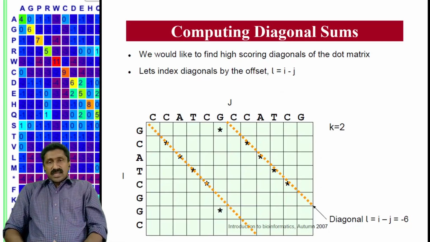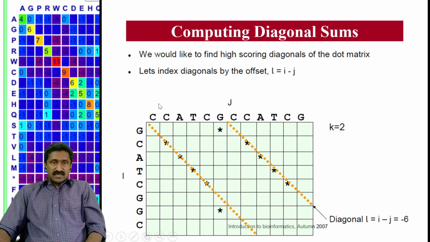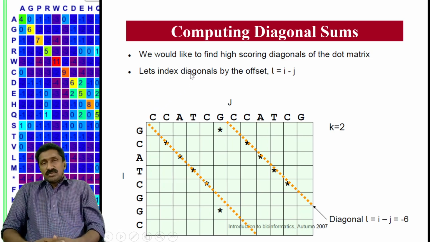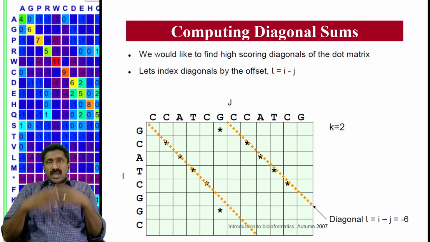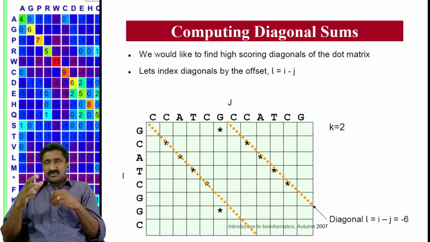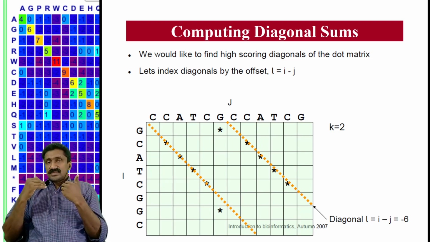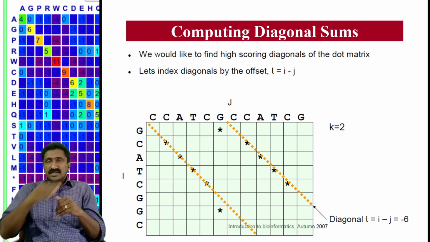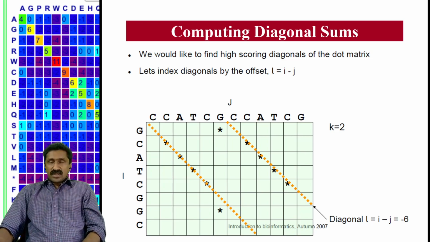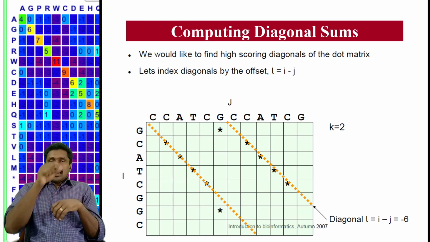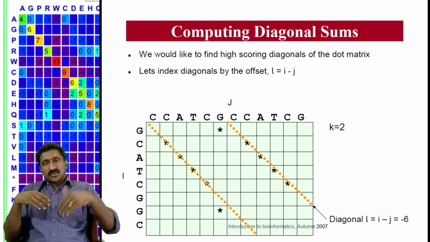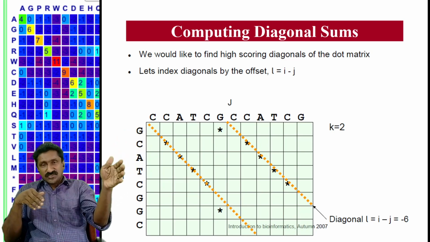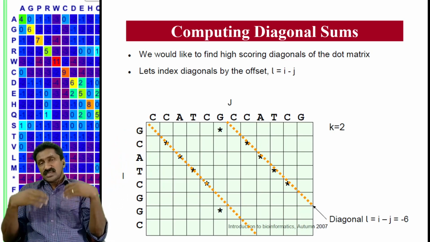So for computing the diagonals, the diagonal sum needs to be computed. Diagonal sum means the initial step is to identify the 10 best diagonals in the matrix. By comparing the words, the 10 best diagonals need to be compared, and using that, the entire sequence can be aligned. So for comparing the 10 best diagonals, for example, if the length of the diagonal is maybe 10 or 15, then that means it's a very long matching region. So that needs to be assigned a better score.